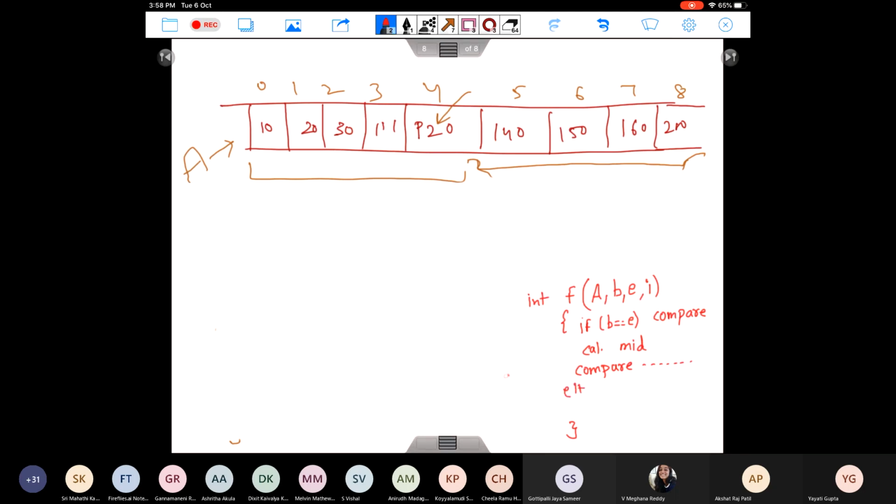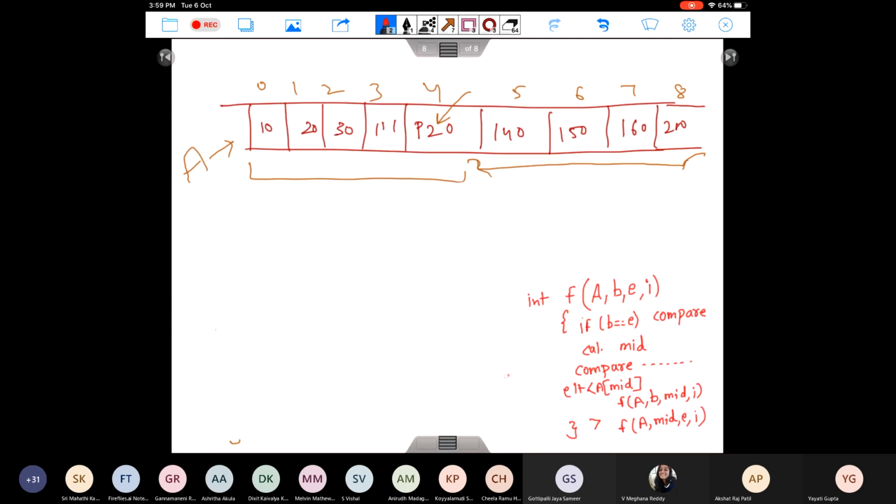If my element is less than a of mid, I'm again going to call this function, and since I'm searching in the left half, it becomes f of a, beginning, mid, item. And if the element is greater than a of mid, I'm going to call f of a, mid, end, item. Okay, let's quickly implement this on this array and see.